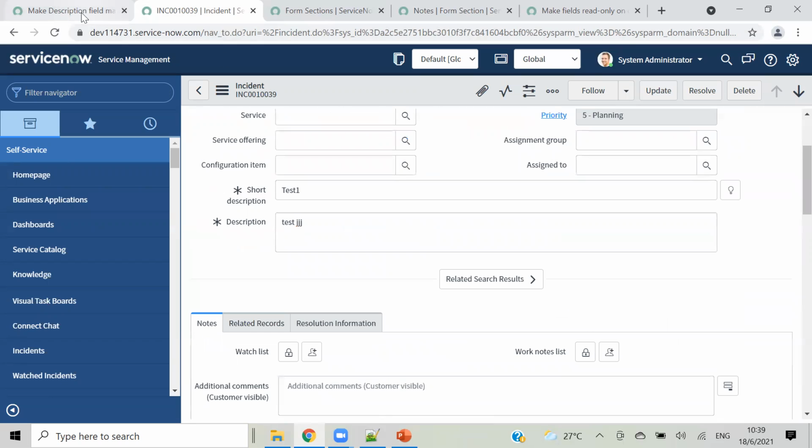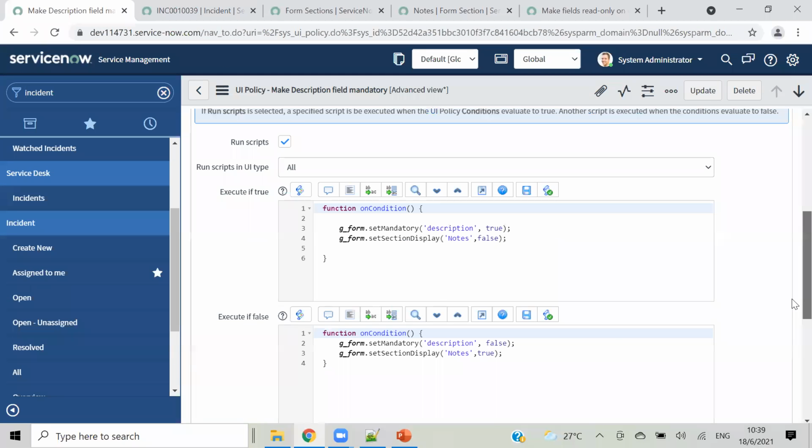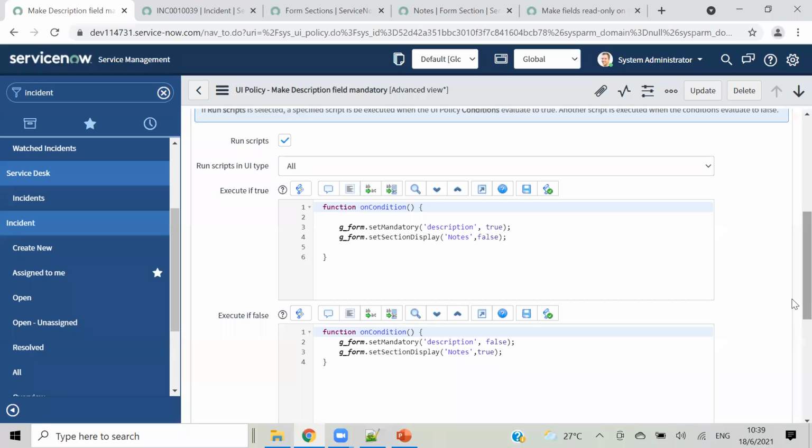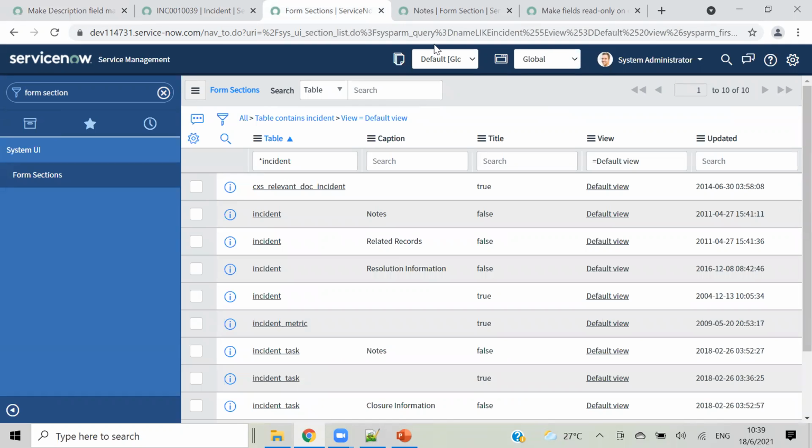Maybe I have given something wrong there. Notes is correct name, right? Or maybe I have given wrong name for that notes.